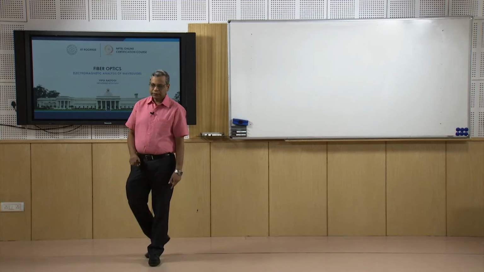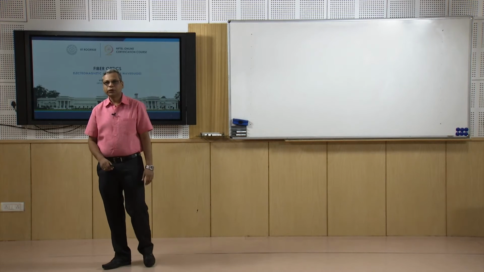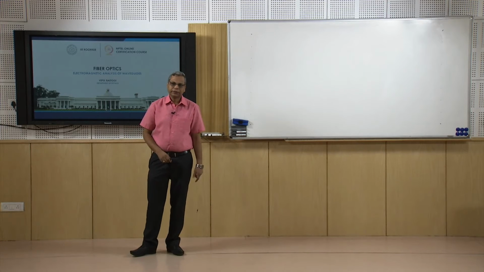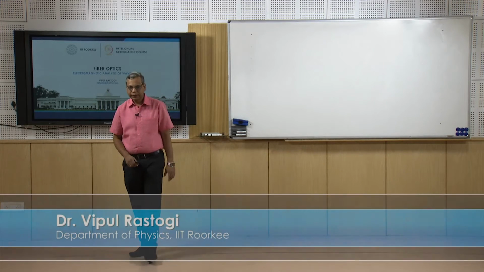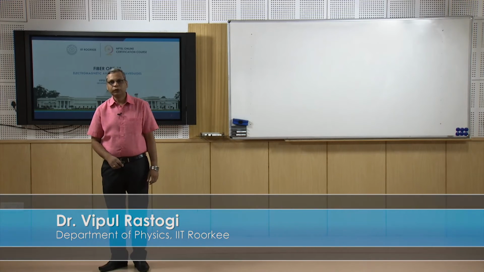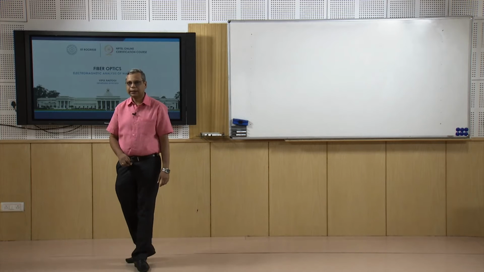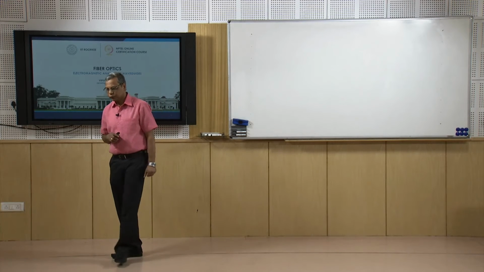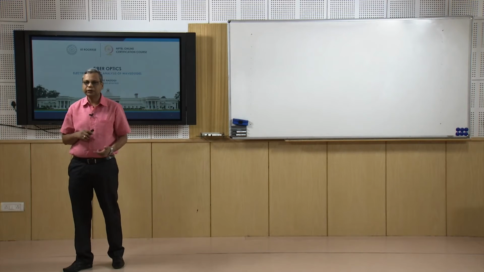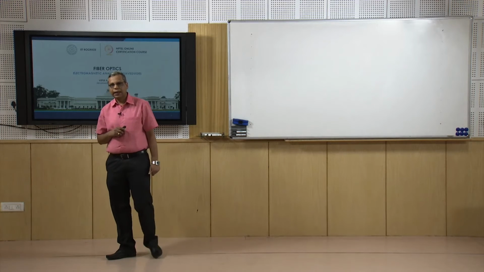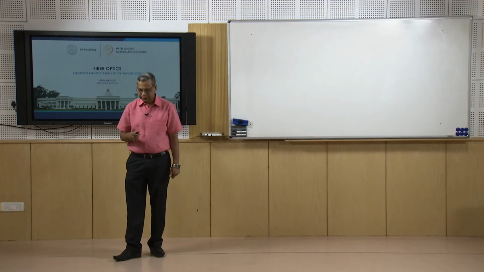Let us continue our discussion on the modes of a planar symmetric waveguide. In the last lecture, we had obtained the modal fields and propagation constants of symmetric and antisymmetric modes of a symmetric dielectric planar waveguide. Let us now look more carefully at these modes and understand what they actually represent. What are the modal fields actually, and what do the propagation constants represent?